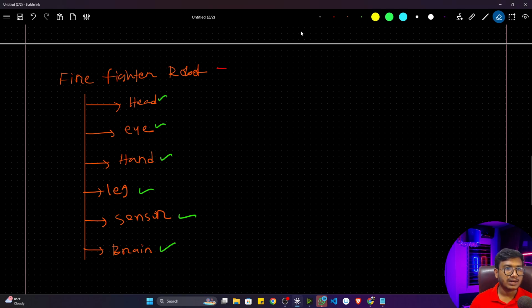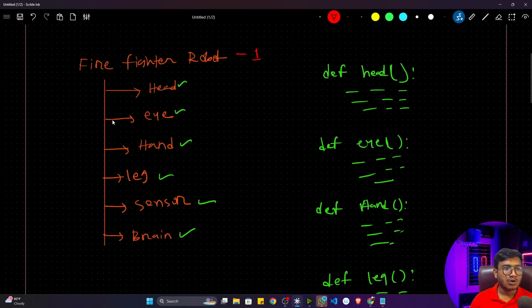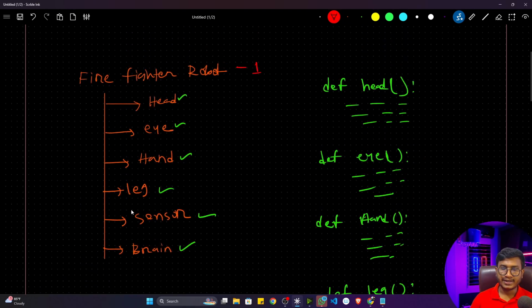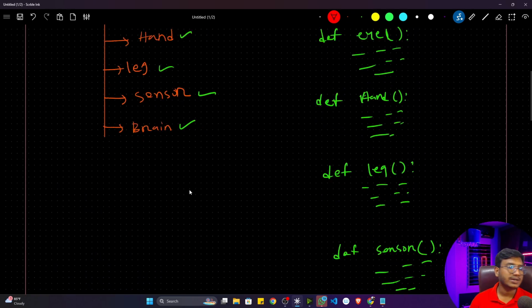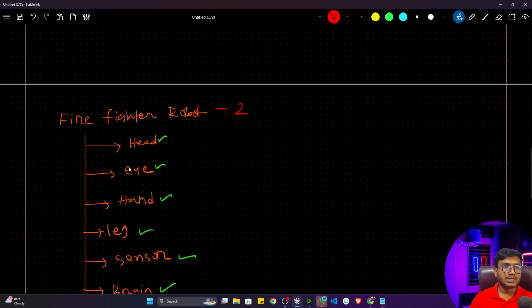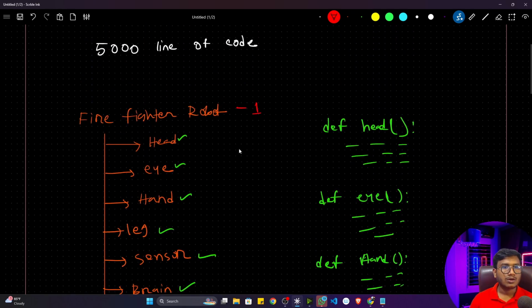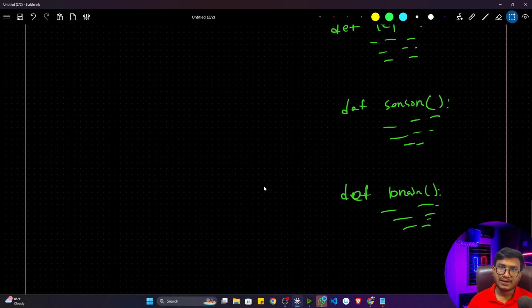Let me just write it as robot 2. And they told me this particular robot 1 will be able to control this robot 2. That means I have to write all the functionality of robot 2 inside robot 1. That is what they told me. So then I again followed that functional approach. I started creating different functions for different components. So let me just copy paste again. Now see, I implemented it in that way.